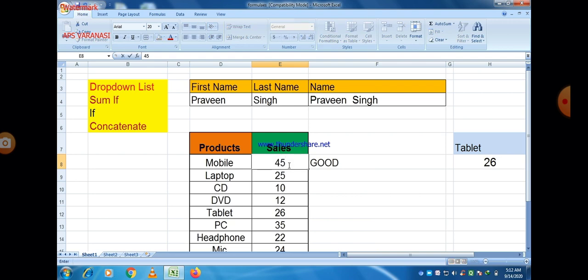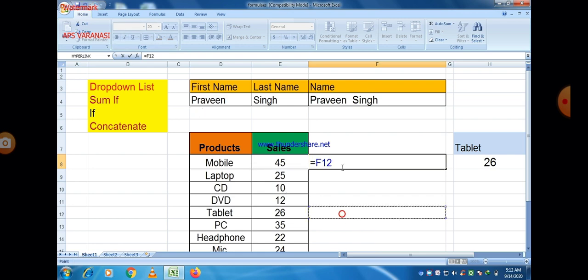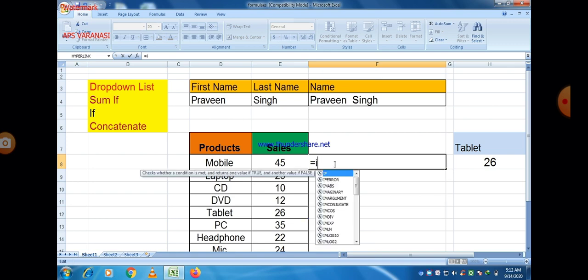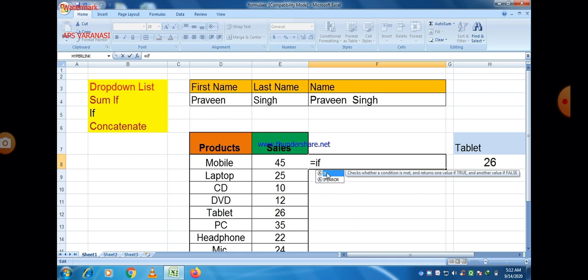And to make it equal or not equal, wait a minute. If you want to come out of the formula written in a particular cell, just press tab. Otherwise, if you click on the Excel sheet, the cell is selected.